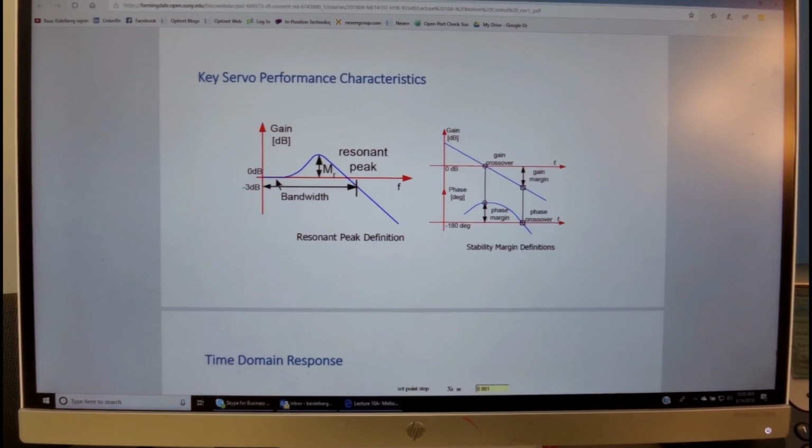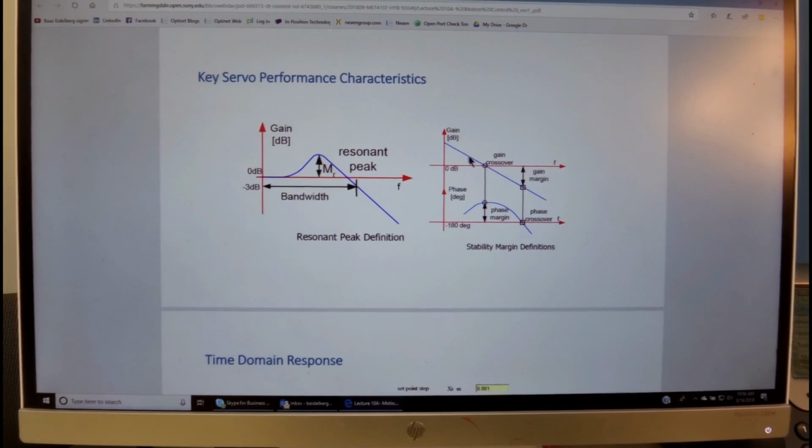We see over here the resonant peak of the plant. We see that the gain goes over here to a maximum at resonance, and this is a resonant peak. And over here we have minus 3 dB, this is the point where the bandwidth is being defined.